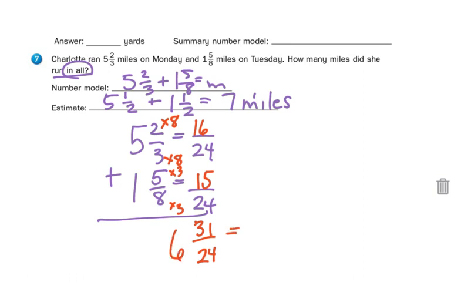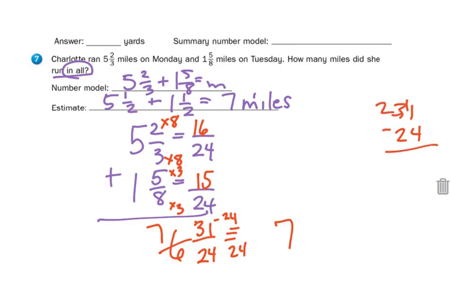But I'm going to change that improper fraction. I'm going to subtract 24ths, which is equal to 1 whole mile. Add that to the whole number. 31 minus 24. 11 minus 4 is 7. So we're left with 7